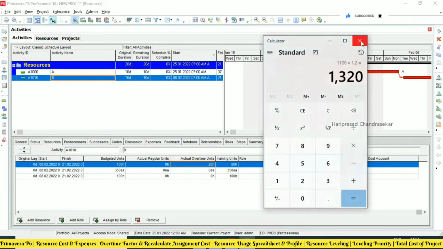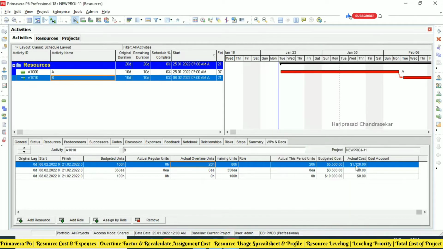See, 1,320. So now you understand the overtime factor and how to calculate the overtime cost. Very simple. Primavera is very simple to understand in all its concepts, but we have too many tools to work with, and that's why people get confused. This is what's important for resources.